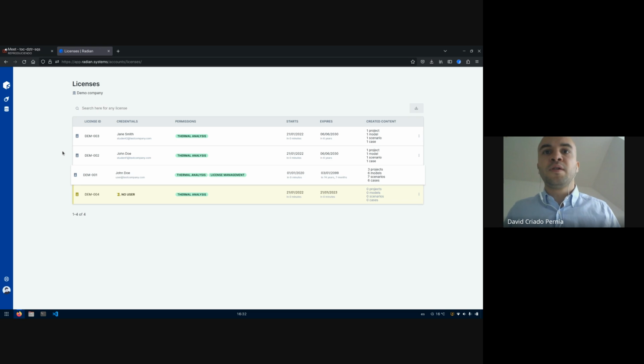So in this example, we have 4 licenses. This is the license of the professor, which has not only thermal analysis permissions to carry out thermal analysis, but also license management permissions. And these permissions are the ones that actually allow him to enter into this view. We also have 2 licenses for the 2 students, John Doe and Jane Smith, and these 2 can be